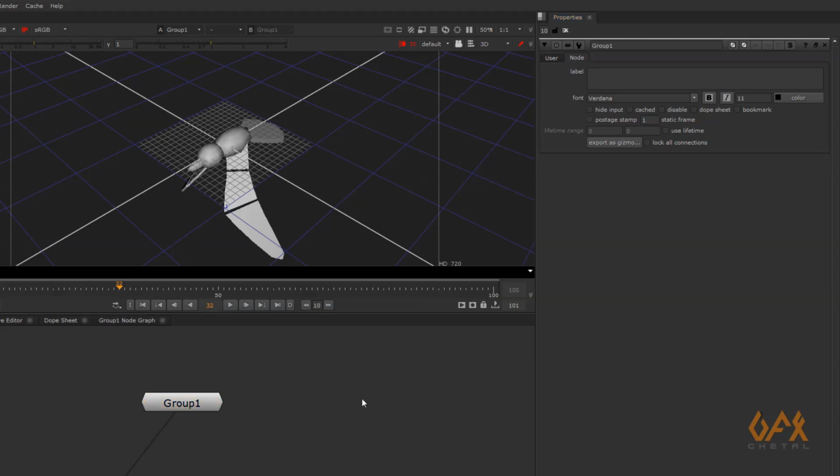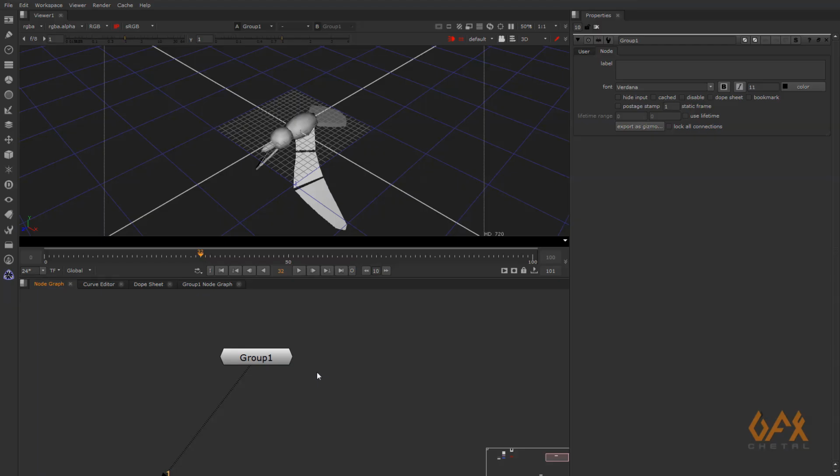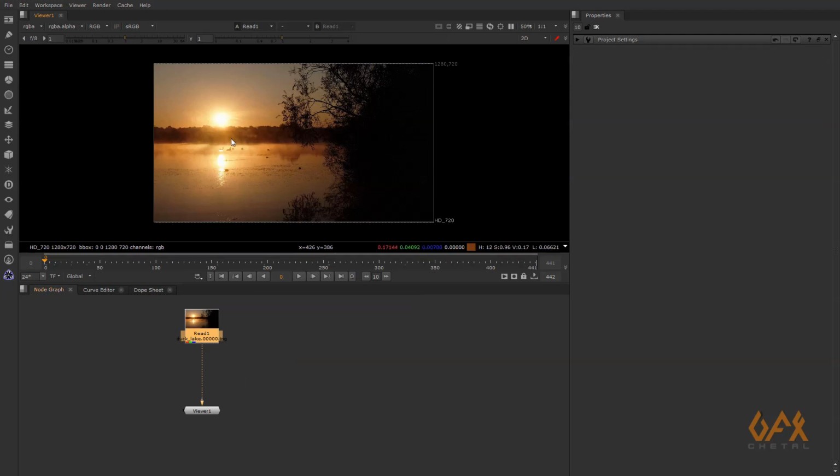Now you need to copy that particular gizmo into your plugin directory, like over here. I prefer you just paste the gizmo here whenever you save it. So that's how you create a gizmo. Now we move into a new file and call that gizmo for our further use. In this file I already have one plate on which I am going to compose and create the flock animation. But before that, I call that gizmo that I just created.